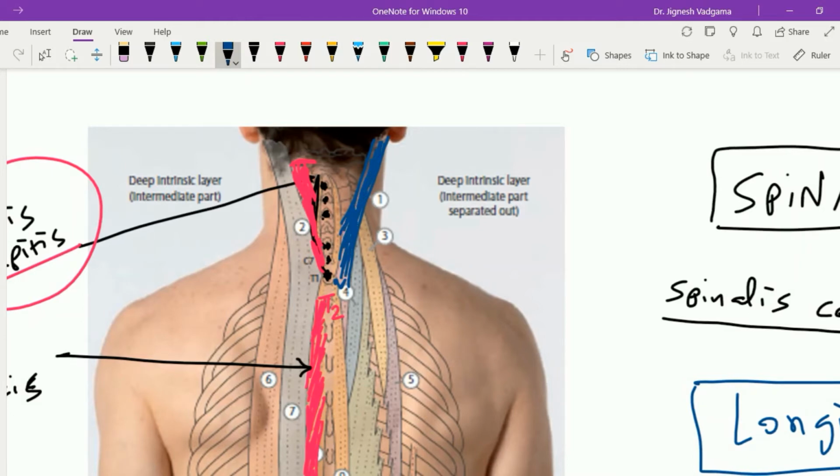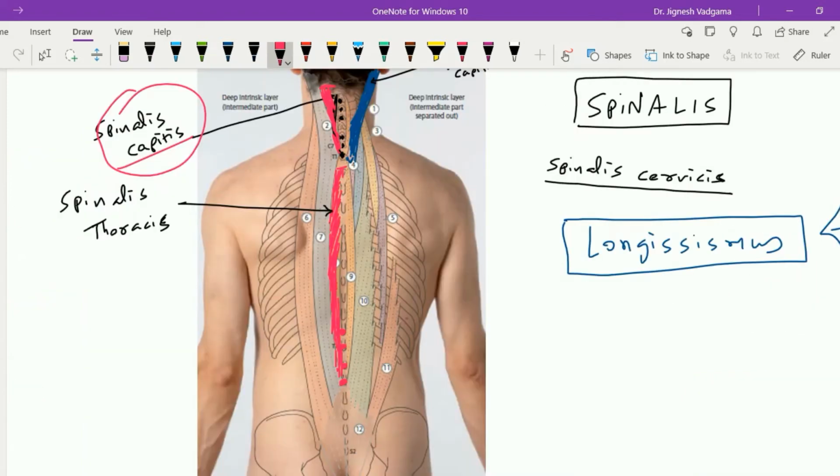So this is the longissimus capitis group of muscle. Here we can also appreciate the longissimus cervicis muscle, which arises from the T1 to T6 transverse processes